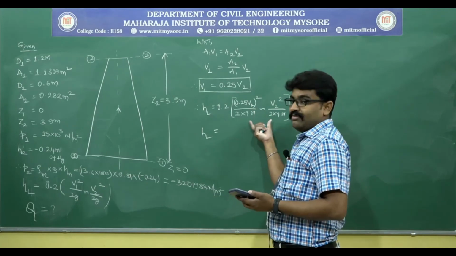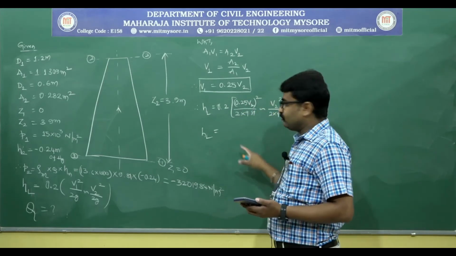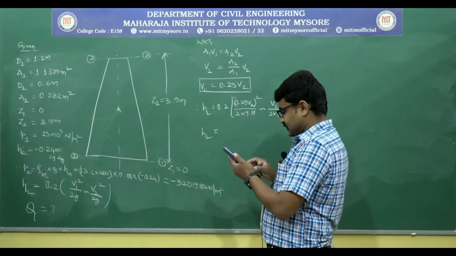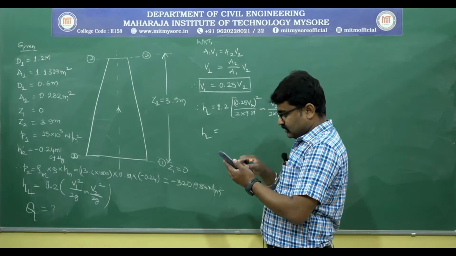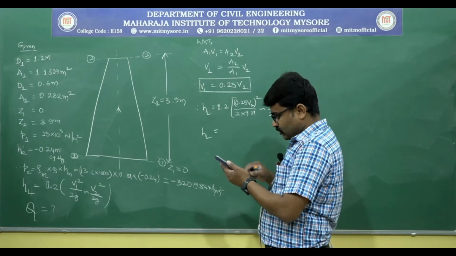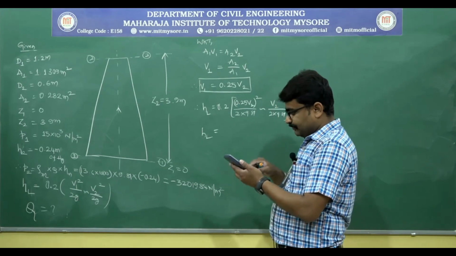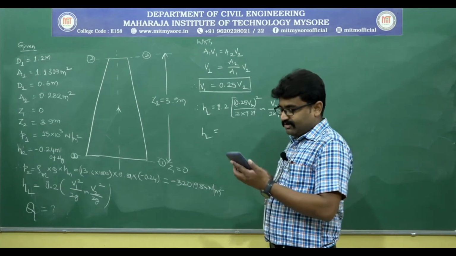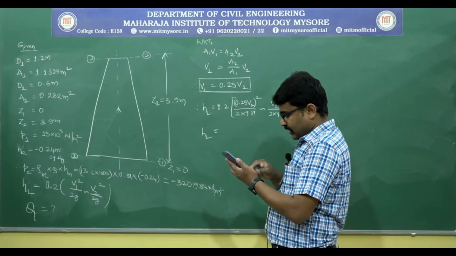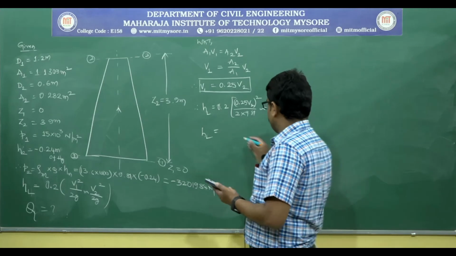You can write, because you have common denominators, it is nothing but 0.25 V2 square minus V2 square divided by this. Or else this can be written as, what I will do is 0.25 square is equal to 1 by 16, whole divided by 2 into 9.81. This must be subtracted from 1 divided by 2 into 9.81. So, this will bear you a value of